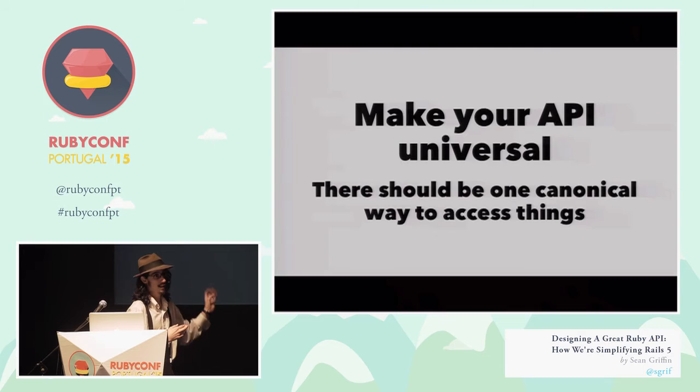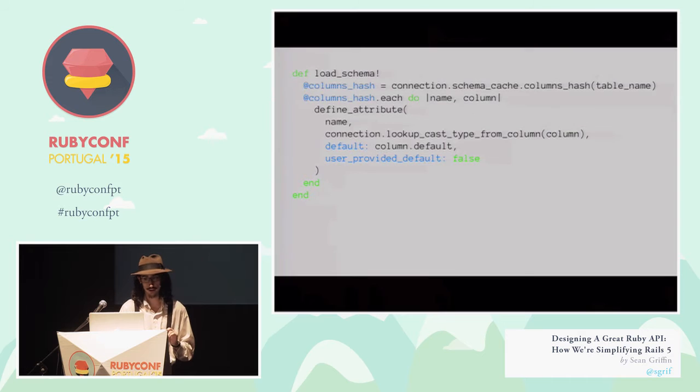And I'm going to then skip the next 8 months of work that went into this, where we made that possible, and that required rewriting a lot of relation and a lot of ARel. But what we ended up with is probably my favorite method from Active Record internals right now, and that's the implementation of load schema bang. So we're doing the same thing that we were doing before. We go grab the columns hash from the connection, and then we loop over that, and we just call public